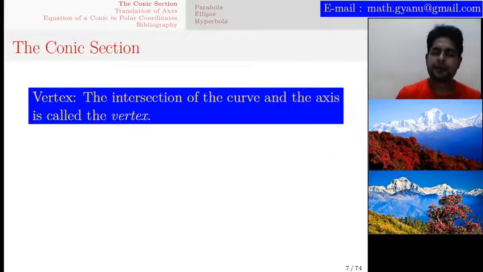We also define, though it is not written here on our slide, the latus rectum. The latus rectum is the line which is perpendicular to the axis of the conic and passes through the focus. The length of the latus rectum is the distance between the two points cut by such a line upon the curve of the conic.